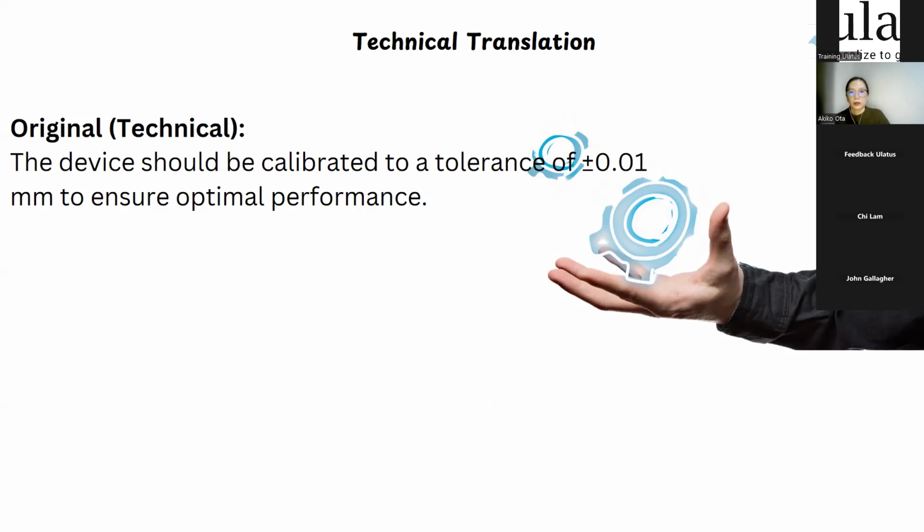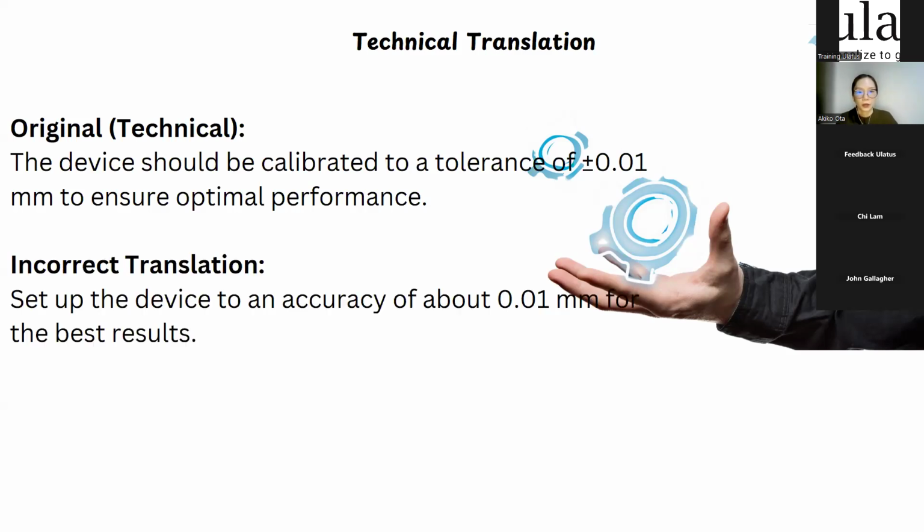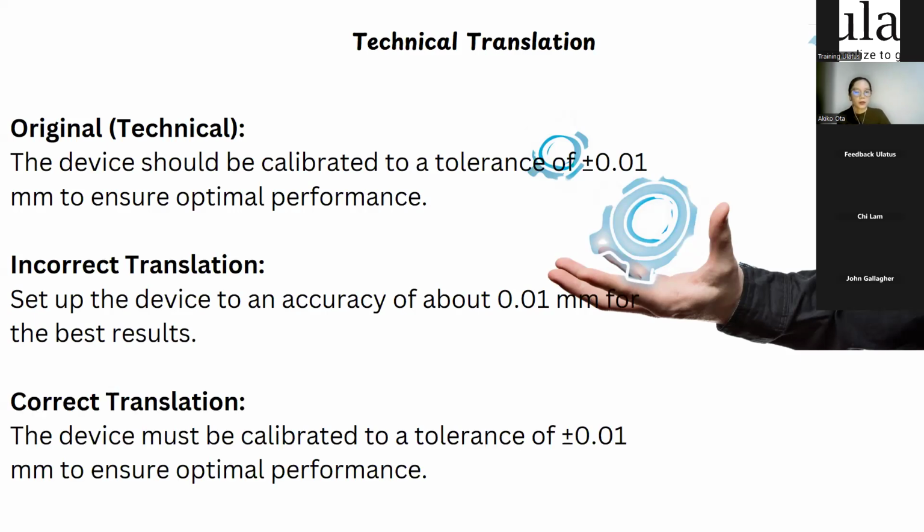Okay. So what the attendee suggested is to change "to ensure" to just "for." So instead of "to ensure optimal performance," you can make it "for optimal performance," which is actually what I had thought about. So as we have seen, tolerance is rated as a standard technical term in engineering, for example, and using these precise terms ensures that instructions are understood as intended.